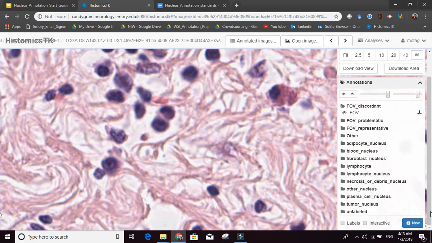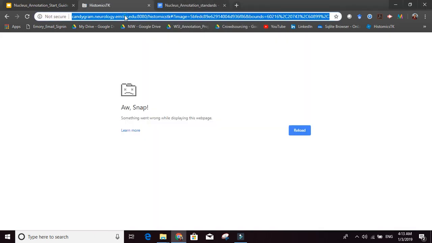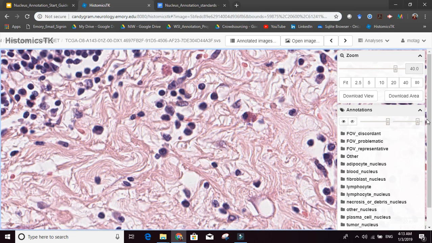Okay, so what you want to do is click New, let's create a new style. Just a sec. Normally, that's why it's actually important to have a good computer and a good internet connection. This is just caused by the fact that my computer is kind of an old computer, but normally it shouldn't happen, okay? So don't worry about this.